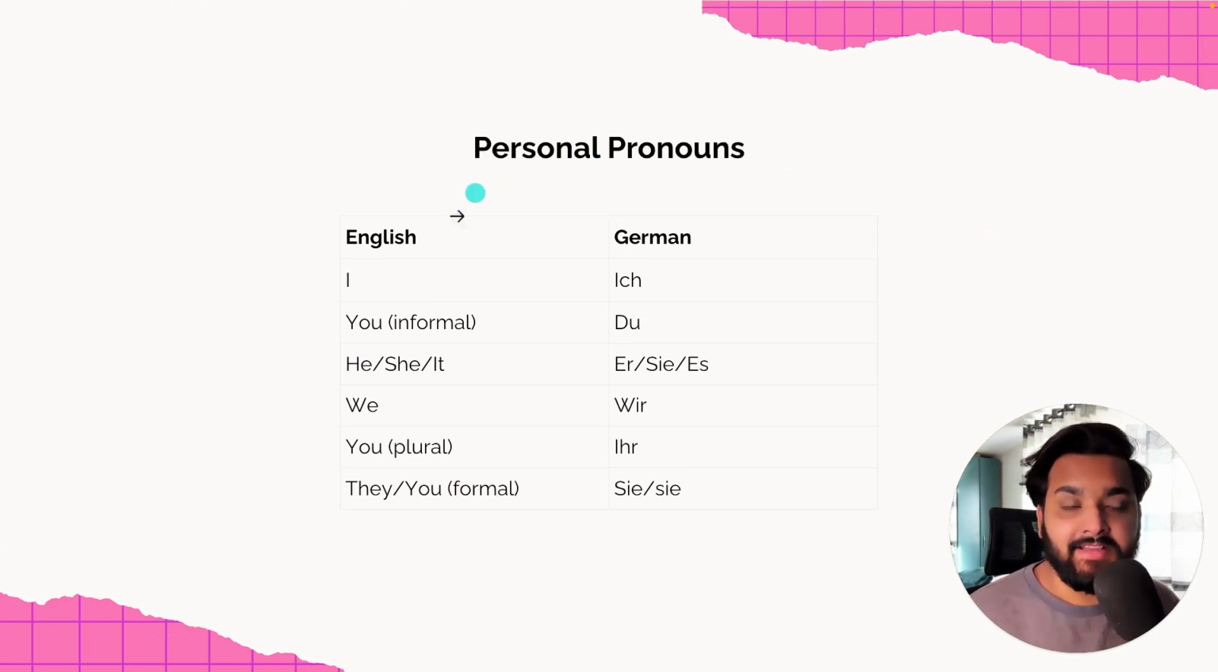On the left side, you can see the English personal pronouns, and on the right side, we have the German pronouns. So let's translate each of them. I is in German ich. You informally, like if you want to say it to your friends, you say du. Then he, she, it is er, sie, es in German. Then we have we, which is wir. You plural, like you guys are doing something, you say ihr. Then finally we have they or you formally, like